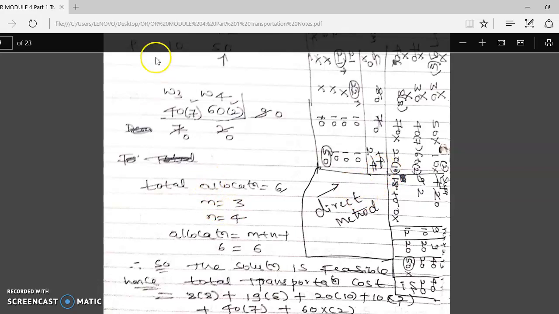Then inside I have written the direct shortcut method. This is the iterative method, and that is the shortcut method. From the next example onwards, we'll solve with the shortcut method only. Only for the first example, I wanted to explain it bit by bit. A separate equation I have written like this. If I solve by the direct method, it will be less time consuming compared to the iterative method.